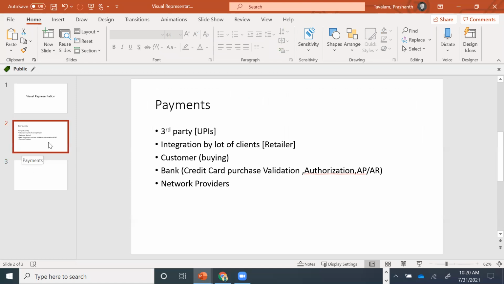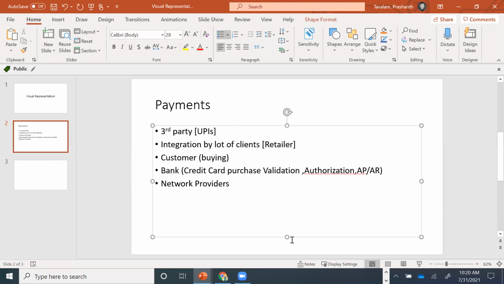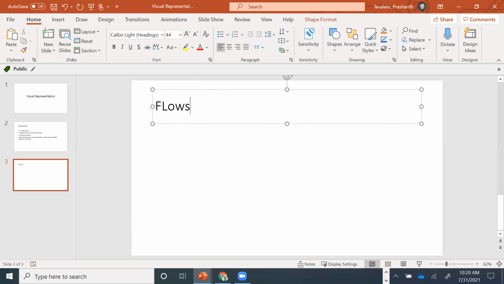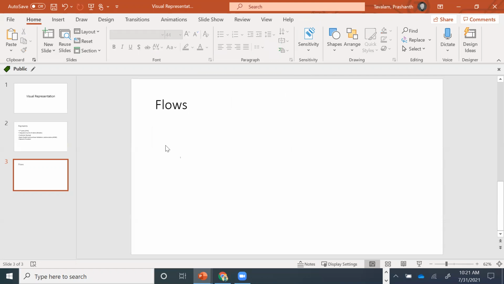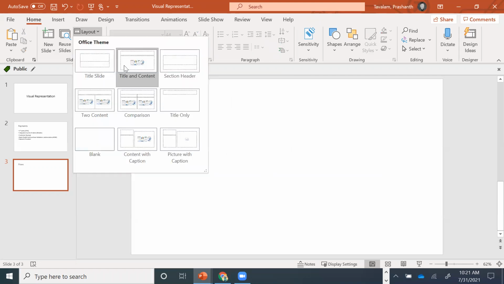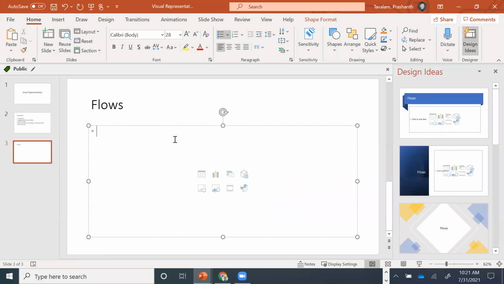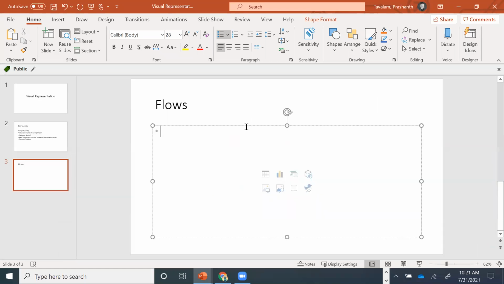There'll be multiple flows, no? Yes or no? So tell me, what are those flows? Tell me. One is, okay, let's go with the standard one first. Let's go with the happy path.